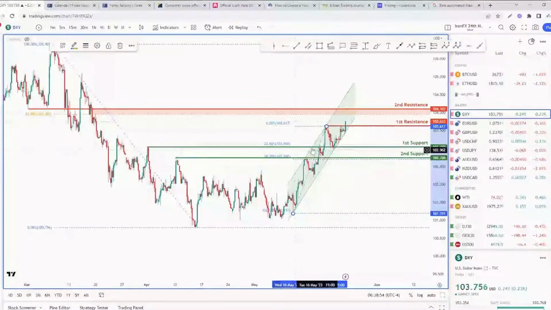So if you had seen that price had reacted off the first resistance here at 103.60 and started pulling back, and you thought that this is a potential for a short, then you would have identified this first support level as a potential take profit, and the stop loss level potentially would have been somewhere close to the first resistance or just slightly